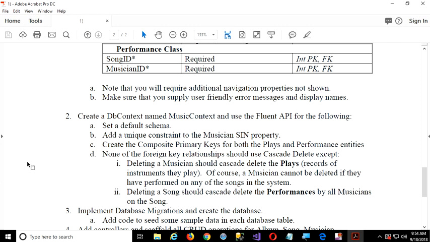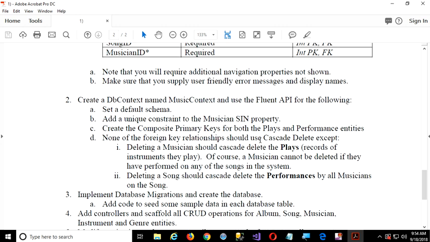And then I don't want you to allow cascade delete anywhere except, okay, when you delete a musician, you should cascade delete all the plays records. In other words, that's the one that's the intersection to their performances. So if you're going to take the musician out, clean up the history of all their, oh sorry, plays is the instruments. Sorry, wrong one.